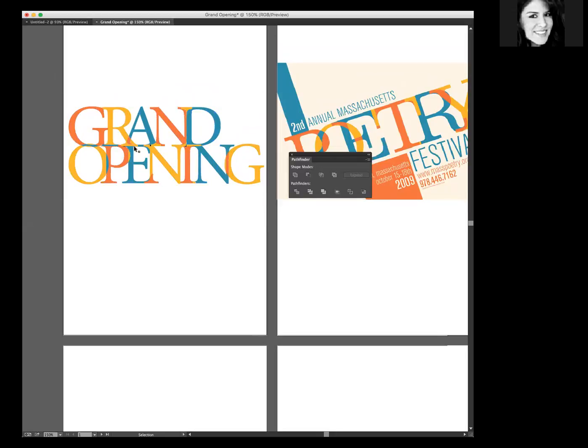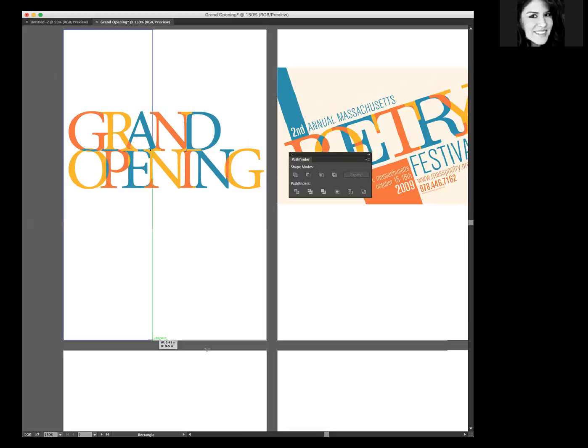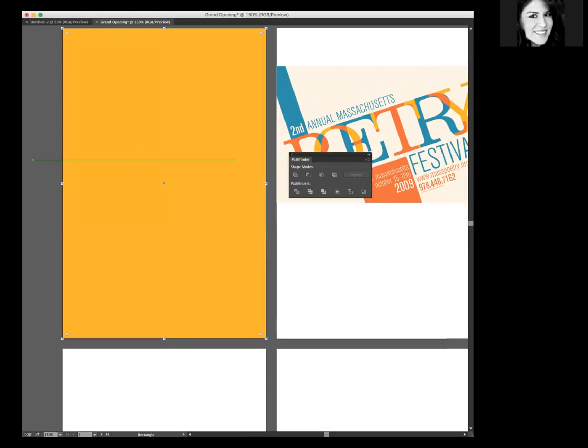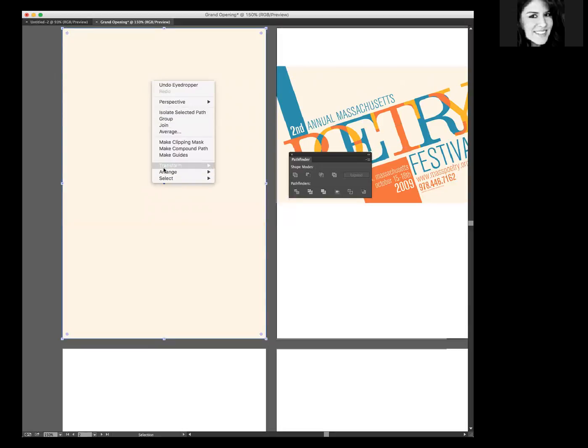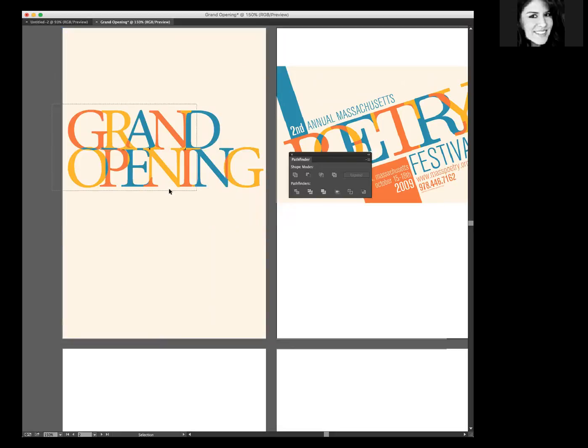So now I want to set up my background. So I'm going to grab a background color. Now we talked about light colors. If you're going to have a light background, you need to have enough dark colors to offset when you're using text. Same, you don't want light background and light color text. That will be hard to read. So I'm going to send this to back and then get